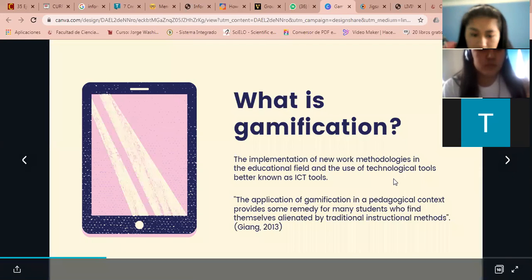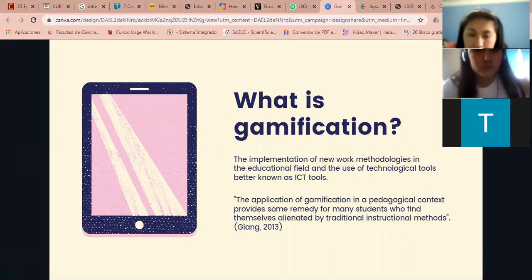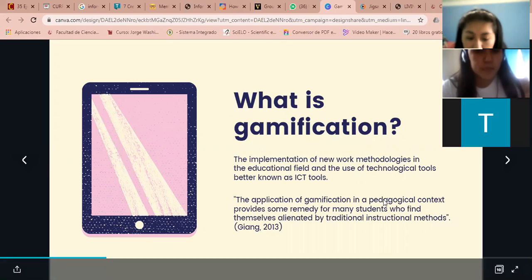What is gamification? Gamification is the application of game features, mainly video game elements, into non-game contexts for the purpose of promoting motivation and engagement in learning. In other words, it's the implementation of new work methodologies in the educational field and the use of technological tools, better known as ICT tools. According to Guía